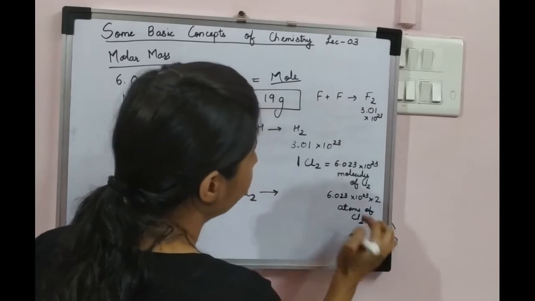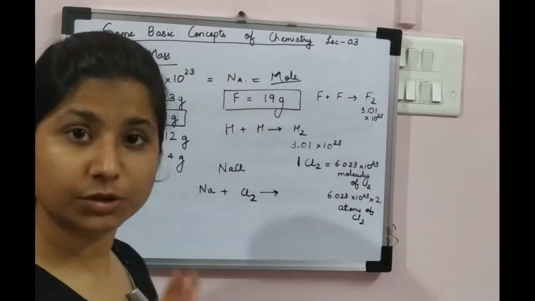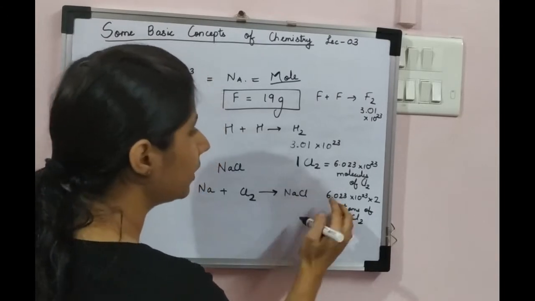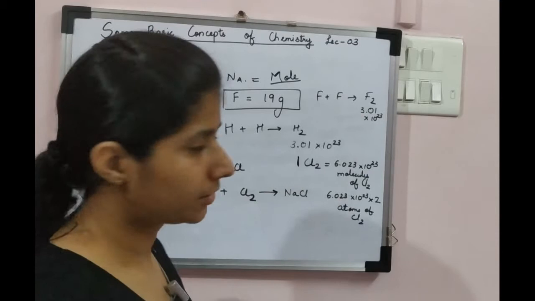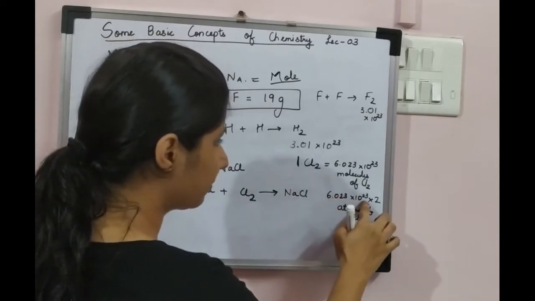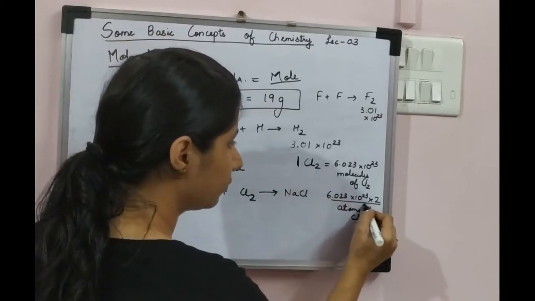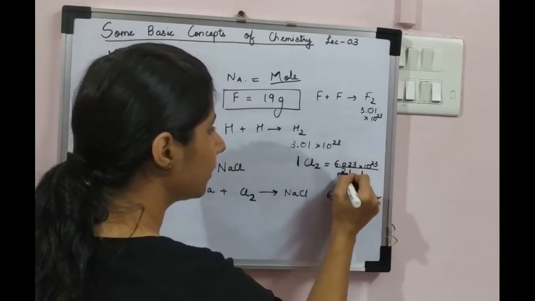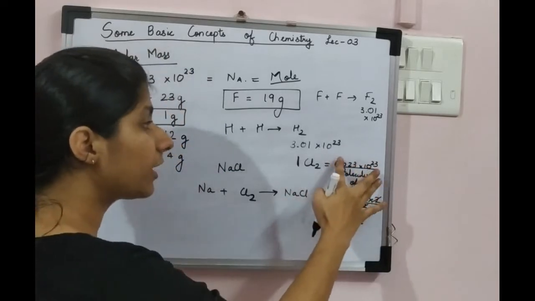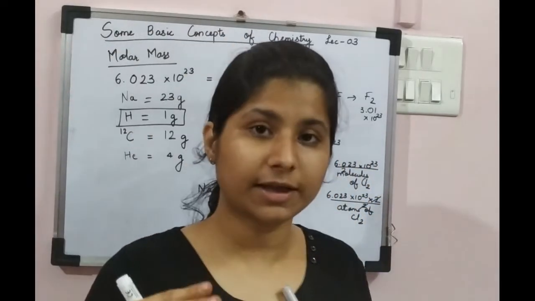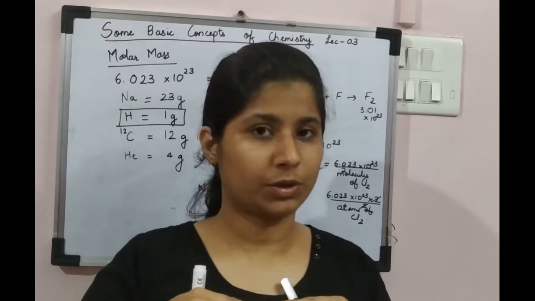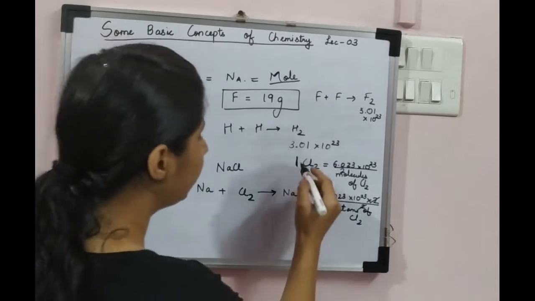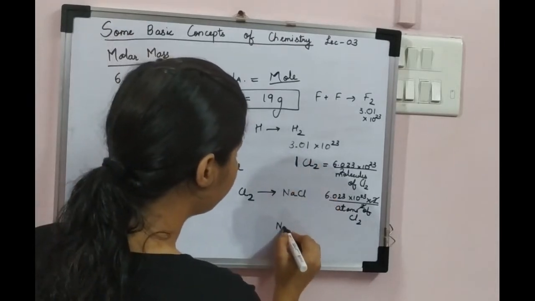Okay. So do I want twice the number of atoms? No. I want only 6.023 into 10 to the power 23 atoms. So if I want only this many atoms, I'll have to divide this by 2. So the 2 and 2 will cancel. To divide this by 2, this will also be divided by 2. Okay. So I will not take the Avogadro number of chlorine molecules. What I will take is half the Avogadro number of chlorine molecules. Now how will I get half the number of chlorine molecules? When I take the Avogadro number of chlorine atoms.